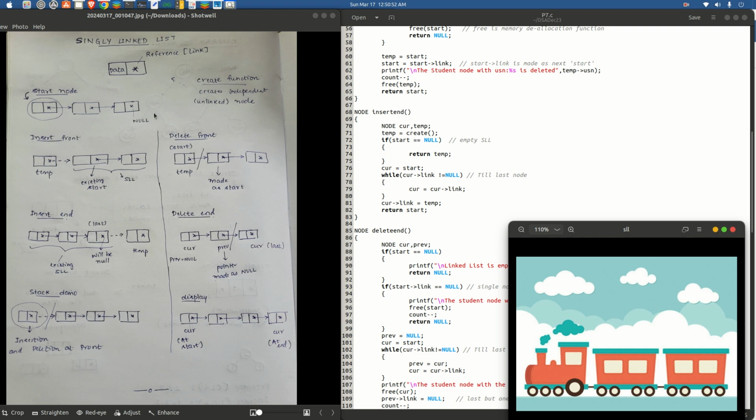We know that in the linked list, the first node will have the link to the second, the second will have the link to the third, so on and so forth. The last node will obviously have the link as null. Even here you could see that the last compartment has nothing linked to it, or the link part is null. So how do we identify which is the last node? This is the condition: while current of link is not equals to null,